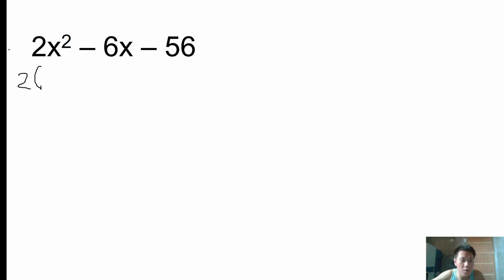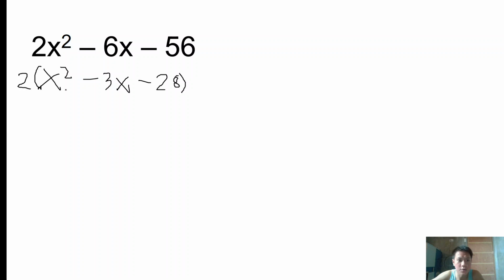So, and then we are going to divide each term. 2x squared divided by 2 is x squared. Sorry for my penmanship. Negative 6x divided by 2 is negative 3x. And then, negative 56 divided by 2 is negative 28. Okay. Next, since ganito na yung case niya, ipa-factor naman natin yung nasa loob, which is x squared minus 3x